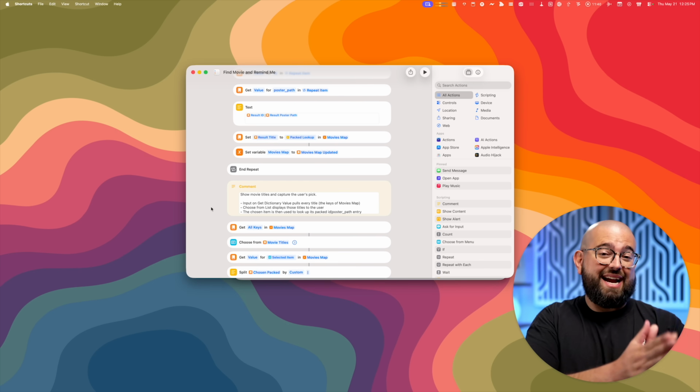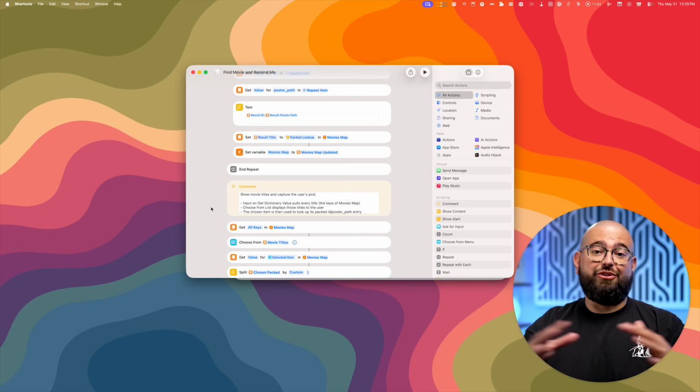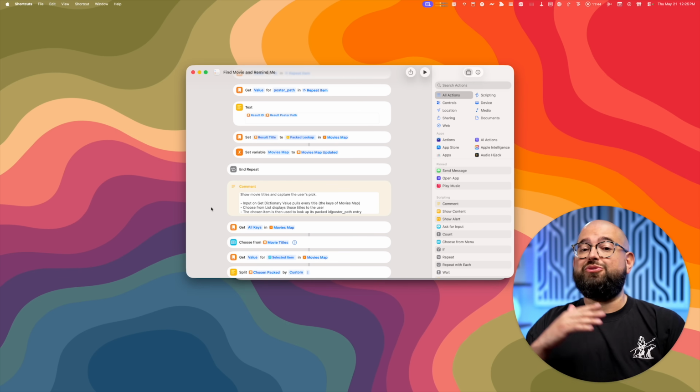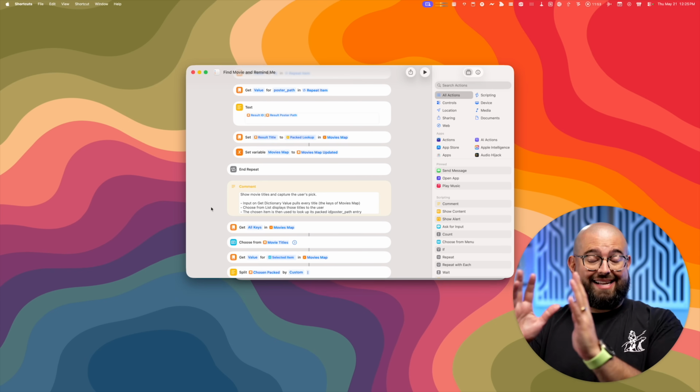And that's really where the 90% to 10% comes in, which Federico fully admits that's what this is for. It'll get you 90% of the way there. But even for a complex shortcut like this movie database one, using an external API, kudos that it gets that far. So I think my job of building shortcuts is still safe for now,